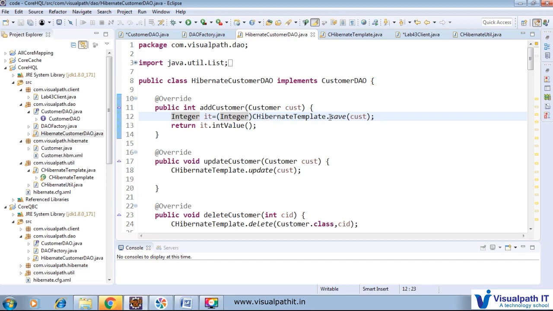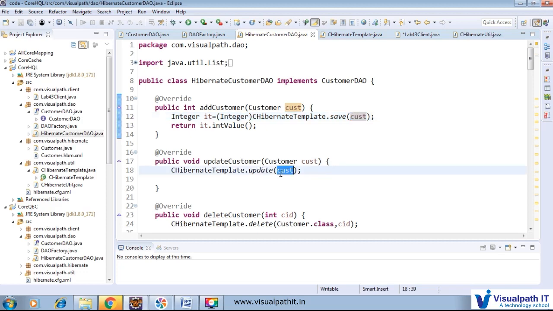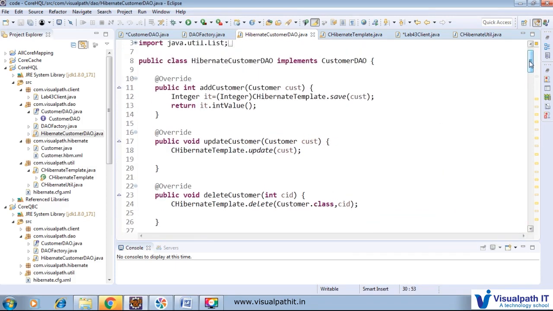We just call dot save and pass that particular customer, and for update we call CHibernateUtil.update, here we delete, we pass this one, and this one we utilize for load. I already explained how that functionality works, and we'll check quickly in the template how the save is working.